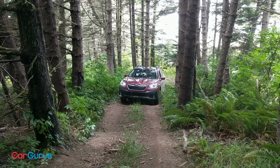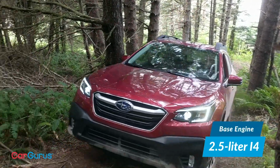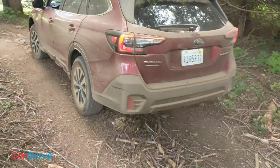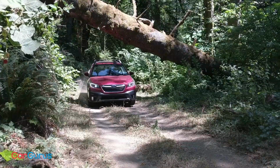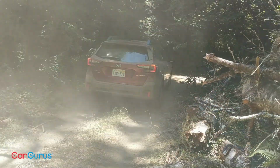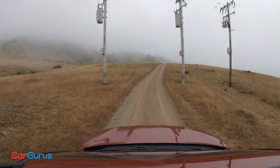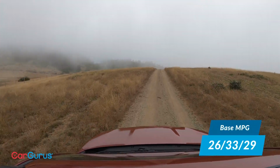So let's talk about the engines. First, there's still a 2.5 liter 4-cylinder. It's very similar to the one that Subaru was using in the last Outback. That said, it has been reworked. It's the 4-cylinder that you would find in a Forester. It gets a little more power, but more importantly, it also improves its fuel efficiency. Oops, sorry, as we bounce over some potholes. It now gets an additional mile per gallon in both city and highway driving,